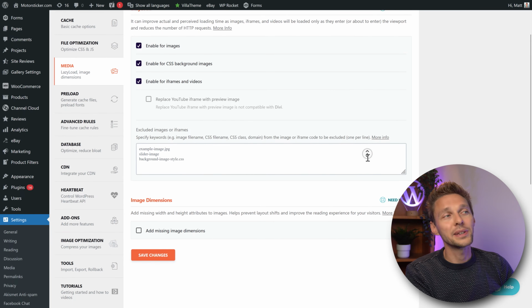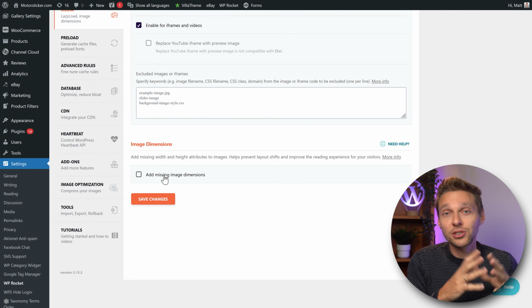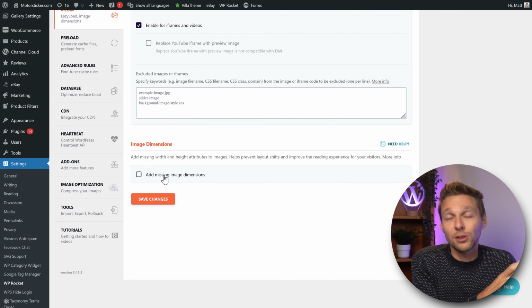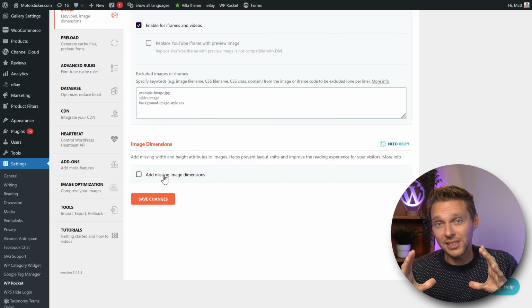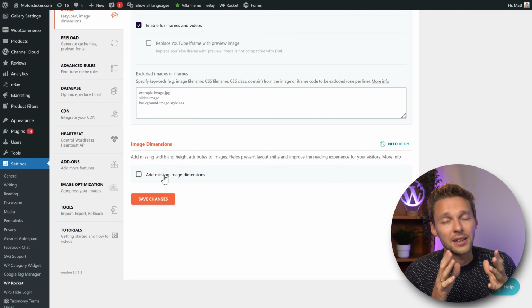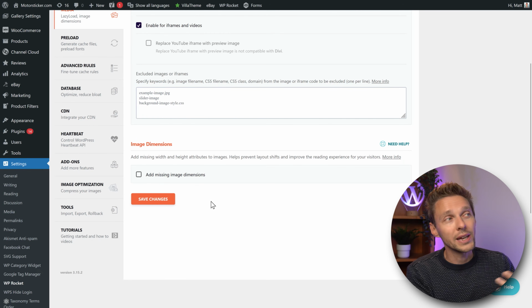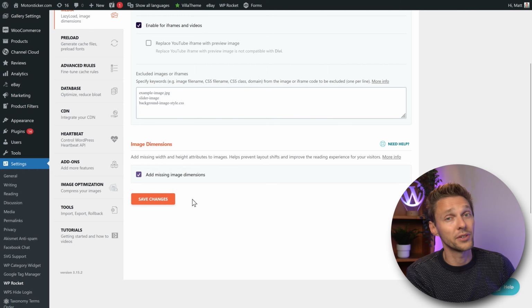Then we have add missing image dimensions. This is a very important one. On some websites, you add in images and then you change the height and the width to make it look better. But on some websites, you see that you're loading in a big image and it's getting cropped and resized with CSS. That's okay, but it's not supposed to be that way that visitors can actually see that. Now, if we add missing image dimensions, people will not see this shifting, and also the speed tools will be very happy with you. So press Save Changes again.